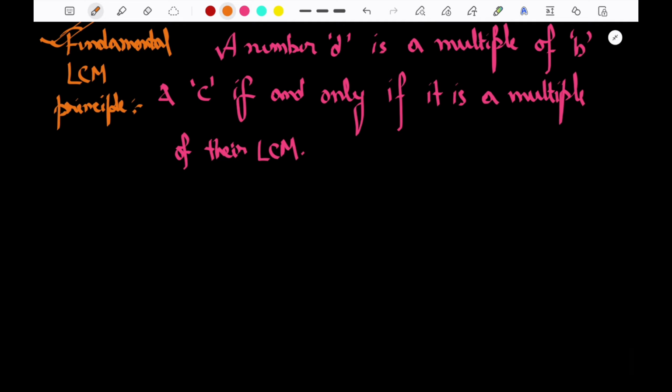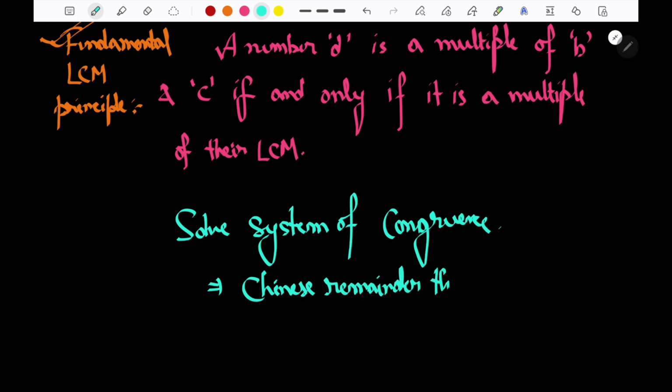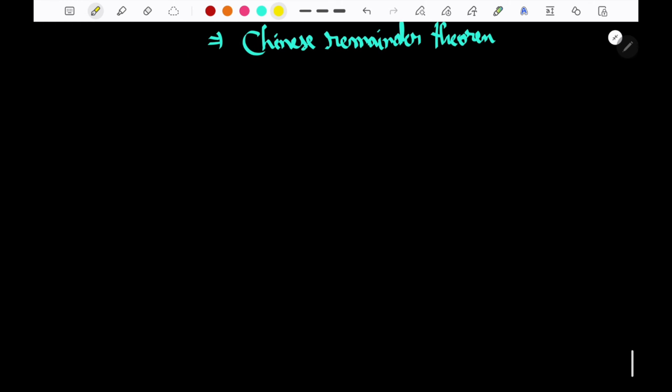Where to use this? Actually, in future courses we will solve system of congruences, and we will also solve the Chinese remainder theorem using this. Done. Let's say one example. Now an example, say